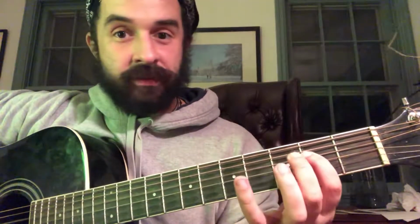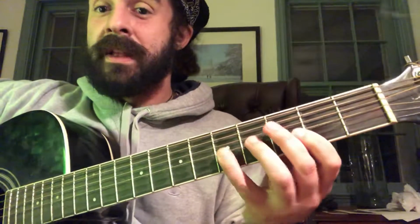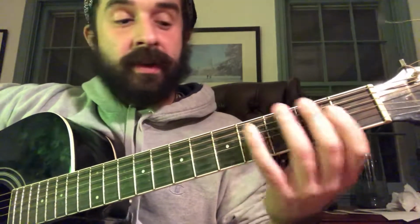My 5, which is right in an A minor. My flat 7, which is in the bar chord. Boom, in the bar chord. My 1, which is in an A minor. My flat 3, 5th fret, which is in the bar chord. My 5 in the bar chord. My 1 in the bar chord, but then I'm going to sneak that flat 7 in there. All right, so now you get...